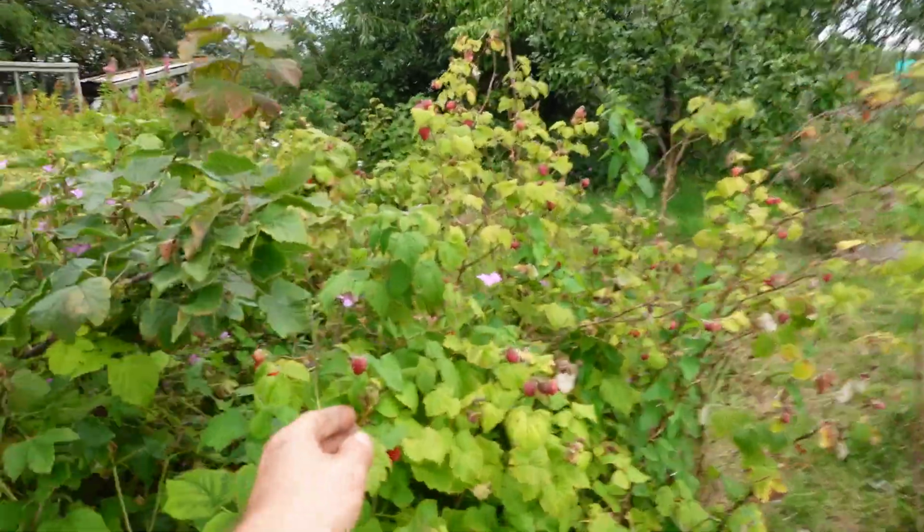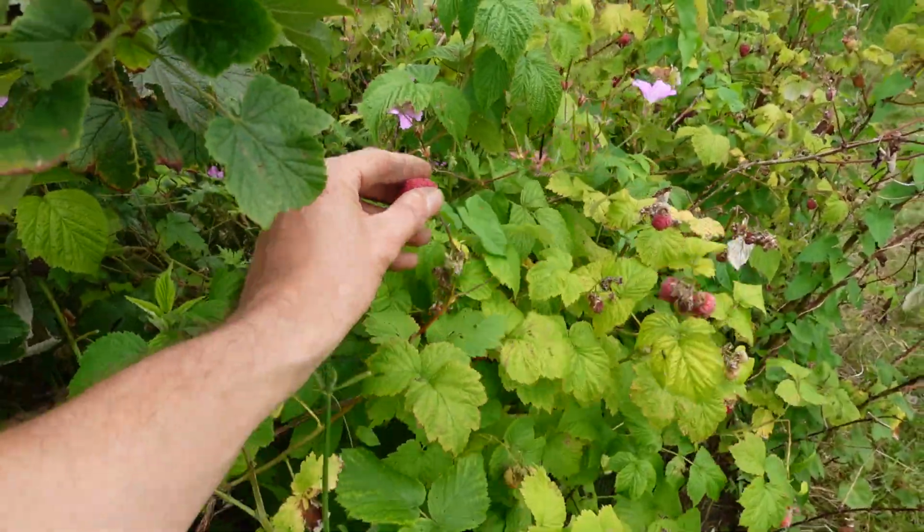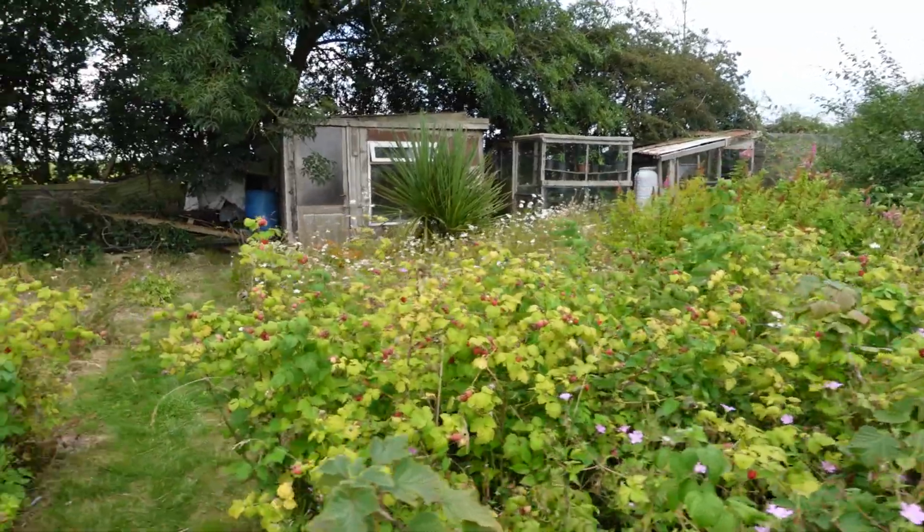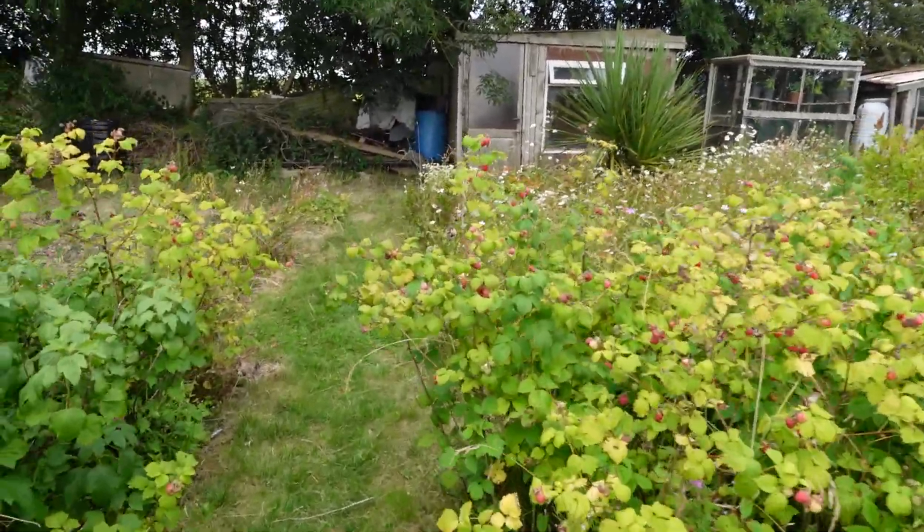You don't begrudge me a raspberry, do you? Plenty of raspberries still to go here. Anyway, down here